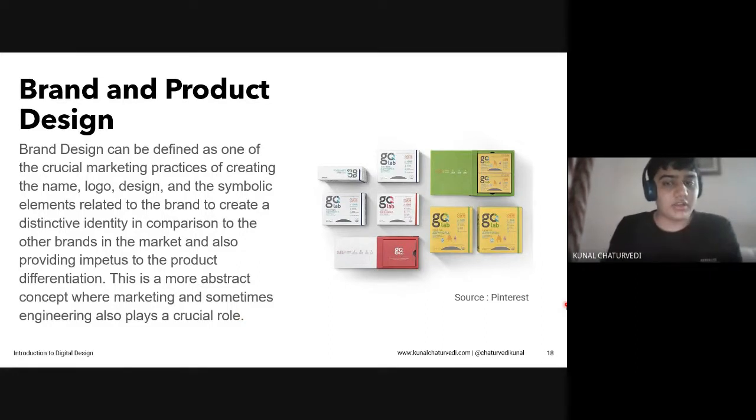So again, if I would like to read the definition, brand design can be defined as one of the crucial marketing practices of creating the name, logo, design, and the symbolic elements related to the brand to create a distinctive identity in comparison to the other brands in the market, and also provide impetus to product differentiation. So it is a very competitive field for the company that is changing their packaging a lot. This is again a more abstract concept where marketing sometimes, and sometimes engineering, or I would say rather social engineering, plays a big role. So yes,